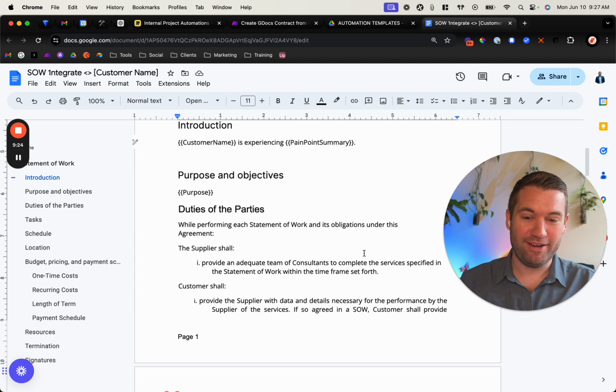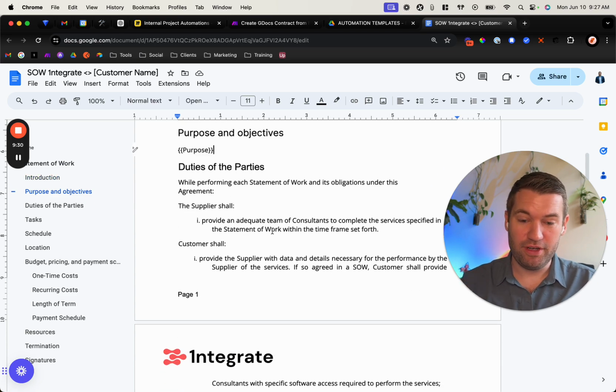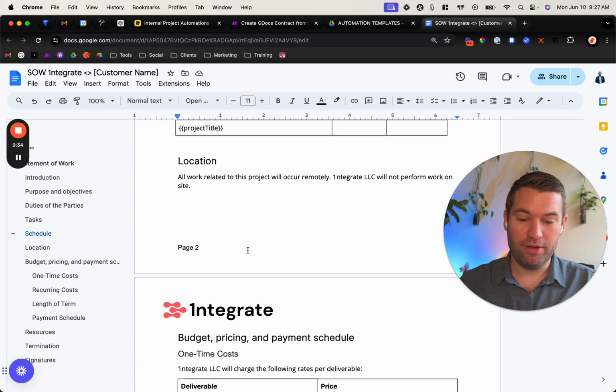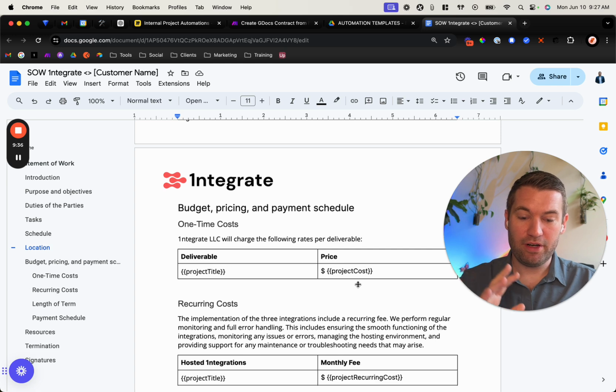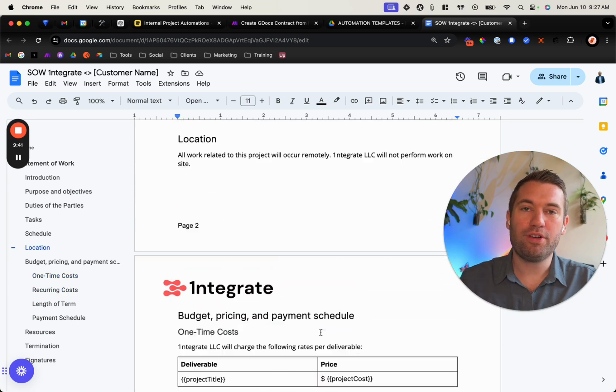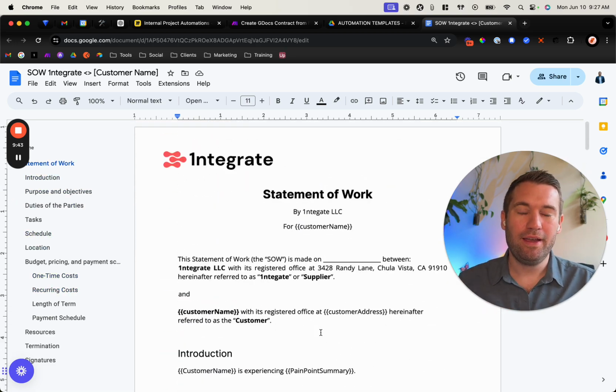So AI just generated that, and I'm now pulling that information in here. In addition, the purpose and objectives is merged in here. If we keep going, we have the project title, project summary, all these things, the project cost, recurring costs. So all these things are pretty much merged into here, into this template that I already have for this SOW,